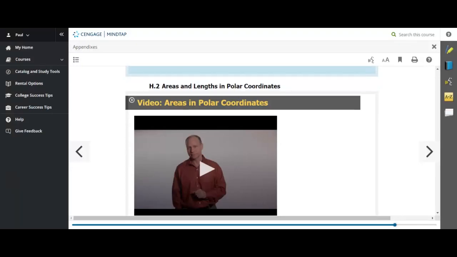Okay, so section H.2 is areas and lengths in polar coordinates, and we're going to focus on areas in polar